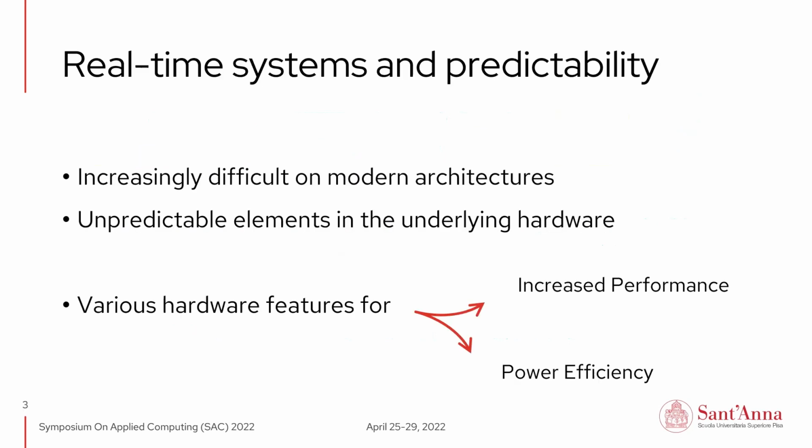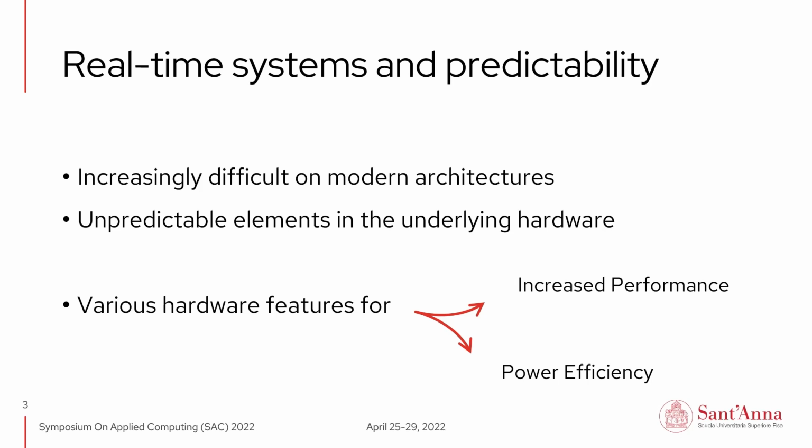First, let's discuss the context of this work. When dealing with systems with real-time constraints, predictability is often one of the most important goals to achieve. However, it is also very difficult because it directly clashes with some unpredictable components in the hardware architecture of modern embedded platforms that are necessary to ensure a certain level of performance or to provide a certain degree of energy